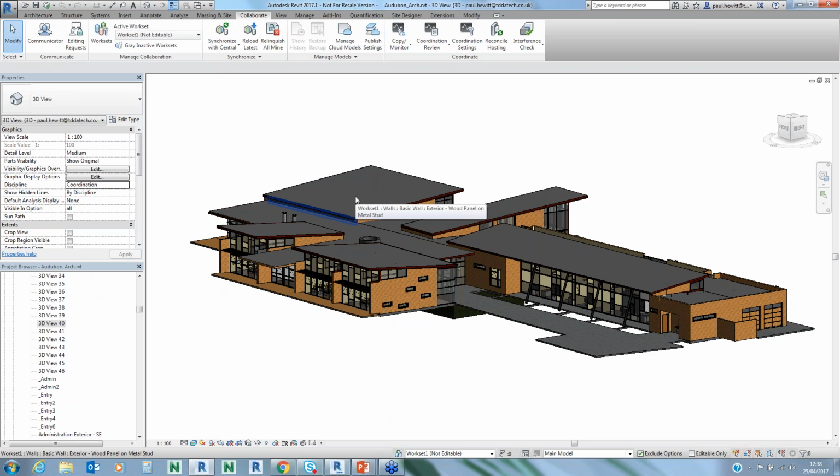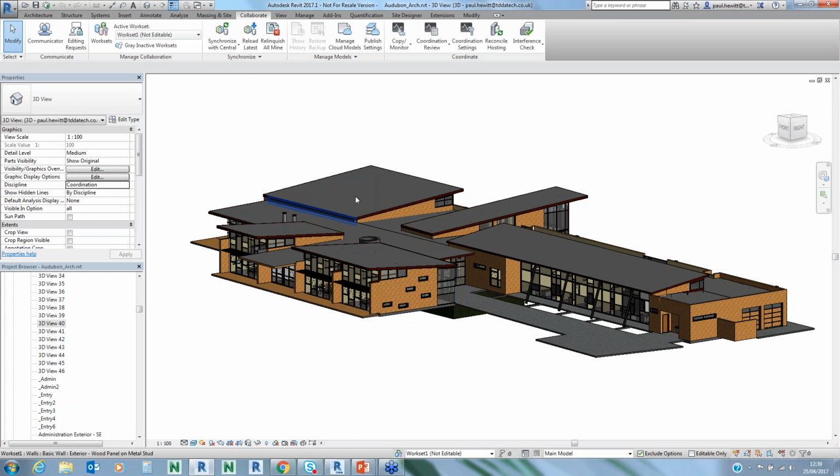The central file, if we chose just to use a local central file, that's fine. But if we wanted to use the cloud and use BIM 360 Team, we can choose the cloud option, and it will actually create a central file in the cloud. We will work on the local file on our system, but when we synchronize, it will actually do a number of things. It will save locally, but it will also download any new information,